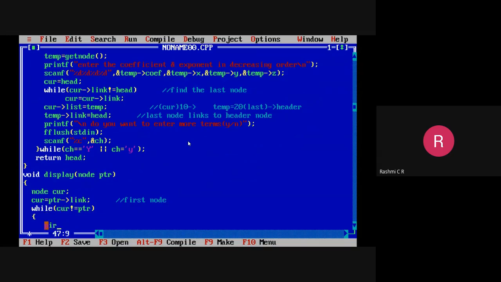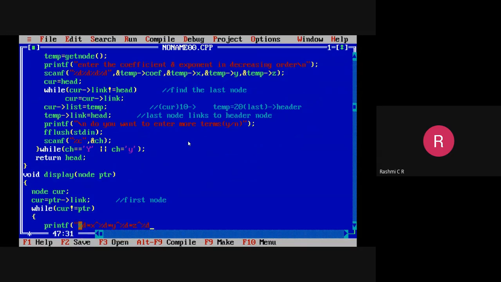Okay, so now you print the details. Printf %d. Here while printing, I'll be printing the coefficient and exponentials. First is the coefficient, next is x exponential. x to the power of %d into, this is only for the display purpose, y to the power of %d, after that y into z to the power of %d.